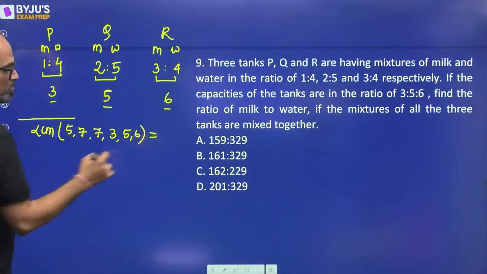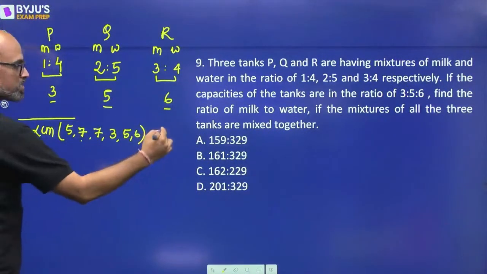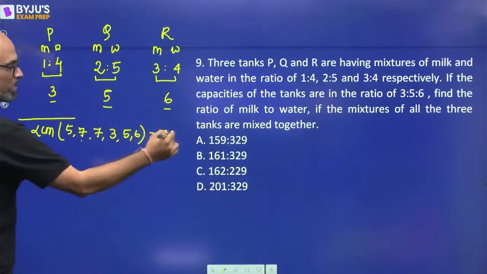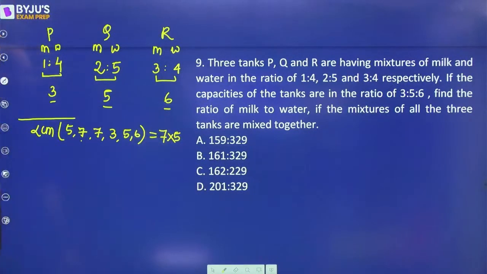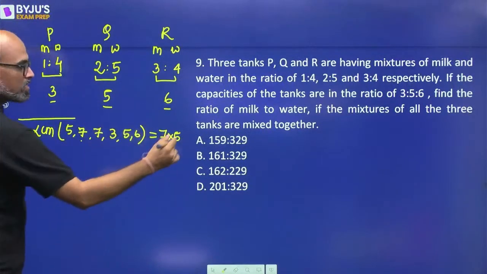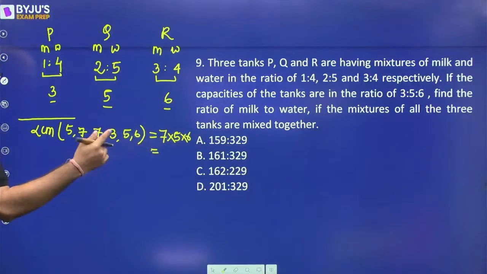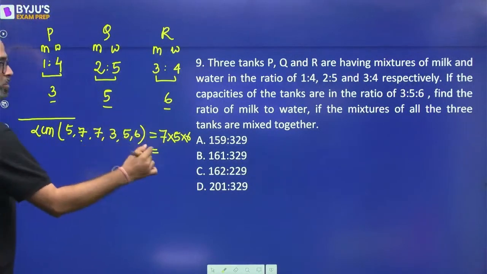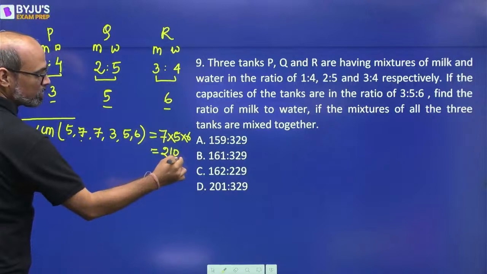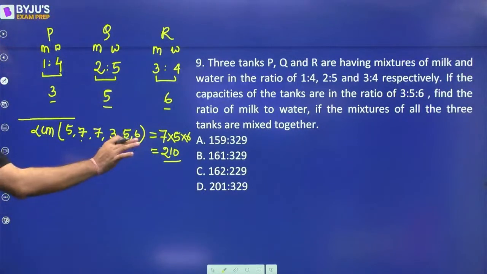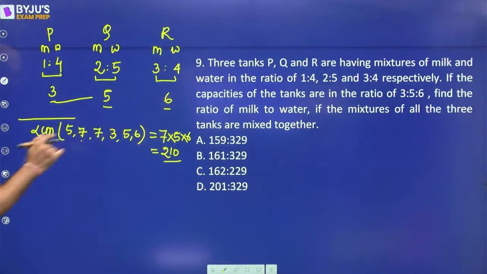If you take the LCM, you will realize कि 7 दो बार है तो एक 7 तो आना ही है. 5 दो बार है तो एक बार 5 आना ही है. And 6 जो है और 3 है. So 3 and 6 का LCM will be 6. So you will take the LCM of all these numbers that you are seeing और उसके बाद आप ये 210 ये मान लो that this is the total capacity of each of the